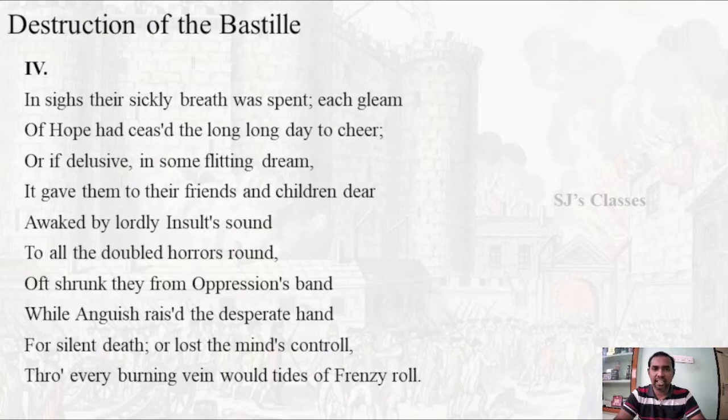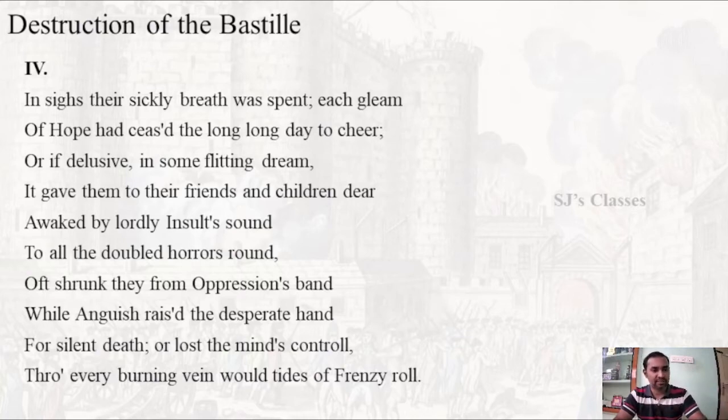Each gleam means a ray or a flash. Each gleam or flash of hope that these revolutionaries got ceased or gradually ended the long day of cheer and merrymaking done by the oppressors. So each ray of hope that the revolutionaries got from it, the long merrymaking which was done by the oppressors